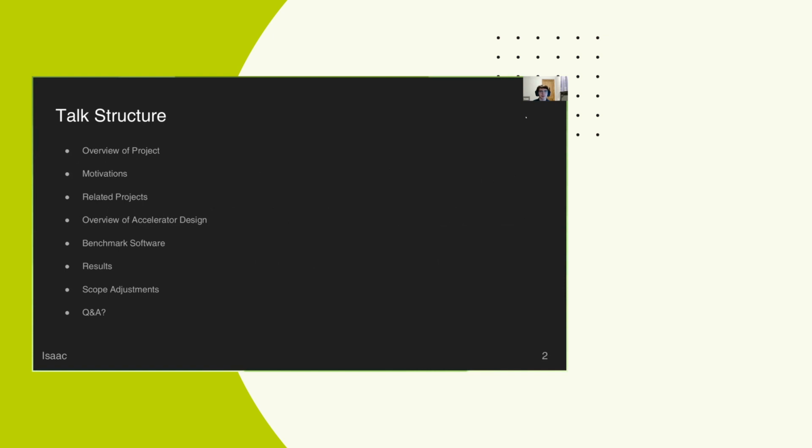Yeah. Oh, sorry. Yeah. There's a structure of the talk. I'll begin with an overview of our project, and then I'll cover our motivations, a couple of related projects that we looked into, and then I'll hand over to Ren to talk about the design of our vector accelerator that we made, and then Ethan will talk about our benchmark software and results, and then at the end, I'll talk about some issues we encountered along the way, because this was done in partnership with Embecosm, so Jeremy has been helping us along the way, and he mentioned that no one seems to talk about when things go wrong, so we thought we'd add a little section at the end about it. Next slide, please.